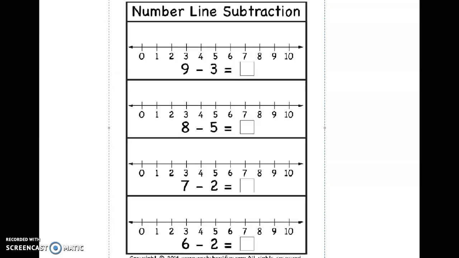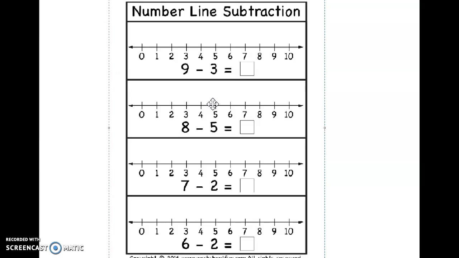Okay, yesterday you did a worksheet similar to this one, but a little bit different because on the worksheet from yesterday, you already had the first number identified on the number line for you with the little dinosaurs. Today, your number line is completely blank. All it has is the numbers. So you have to mark these numbers on the number line